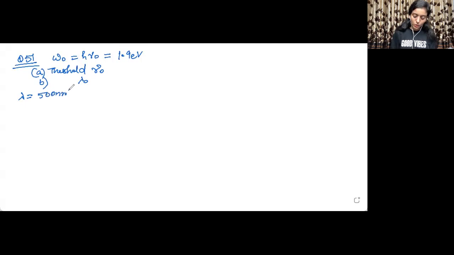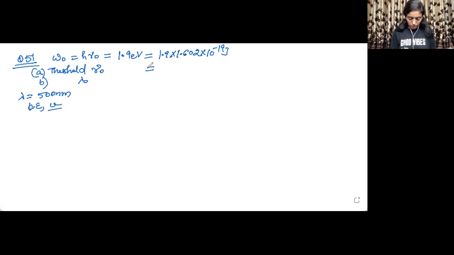And we need to find out what is the kinetic energy and what is the velocity of the photoelectron that will be ejected out. If we need to find out the velocity, it will be in meter per second. So to get the velocity in meter per second, we need to have energy in joule. So we will be converting this into joule. So 1.9 into 1.602 into 10 raised to the power minus 19 joule. So it will be equal to